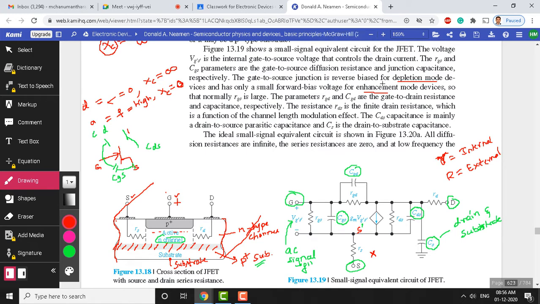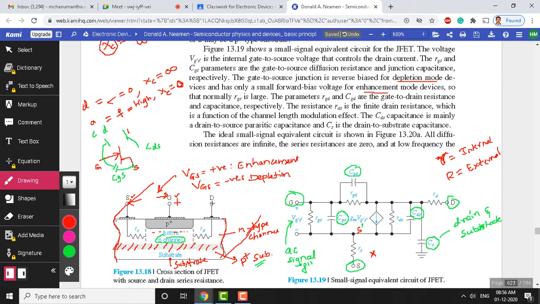So, for positive gate-source voltage, even though I say gate voltage here, we can't apply voltage to only the gate, we have to apply it with reference to the source. So this VGS is the voltage I am talking about here. For VGS positive, the mode is called enhancement mode. And for VGS negative, the mode is called depletion mode.